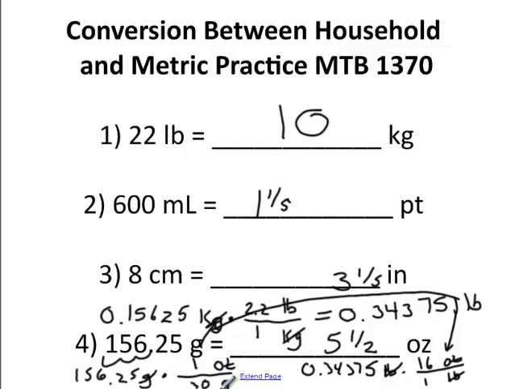So the grams would divide out, and then you'd have 156.25 divided by 30, and you get 5.208 and so on. So again, the long way that we went would be acceptable if I followed all your work, or the shortcut way, which will give us a slightly different answer because we used an approximate, would be